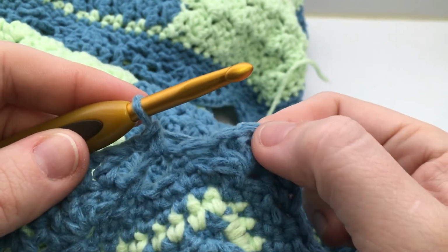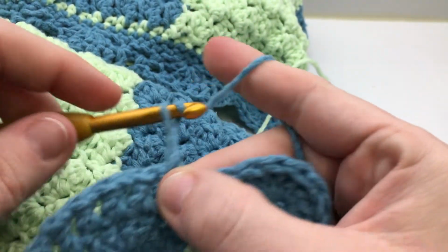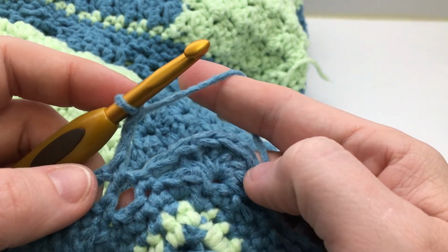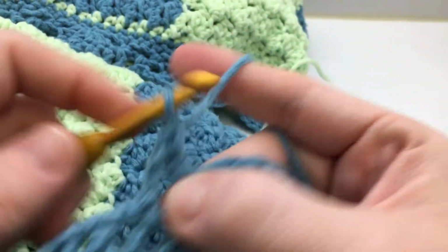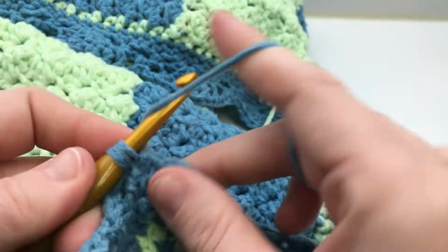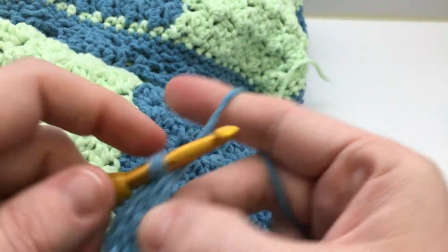Okay, here we are down to our corner. I've already single crocheted in this last chain 2, so we're going to chain 2 like normal. The only difference with the corner is that we have 7 double crochets here. So we're going to need to work 7 with the chain 1 in between. So 1, chain, 2 double, chain, 3 double,